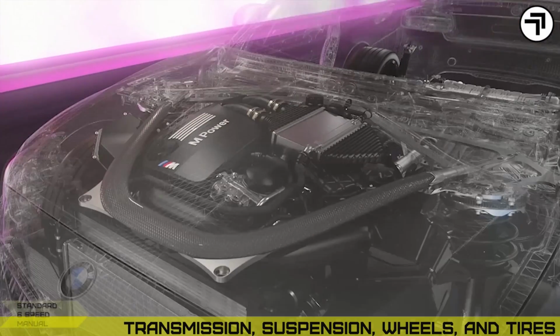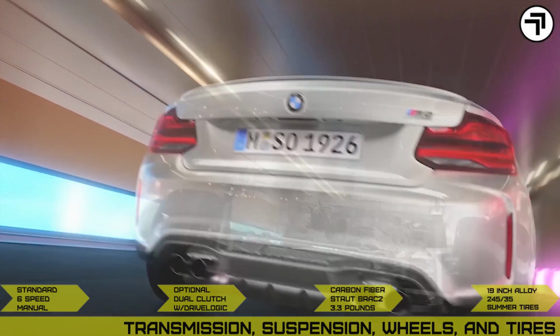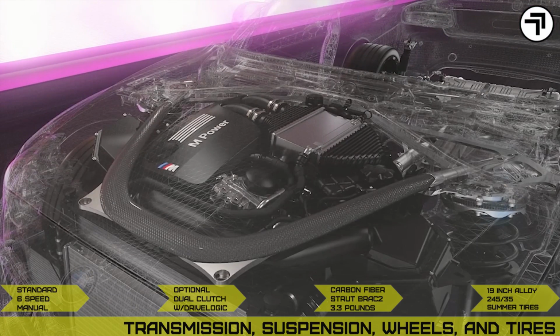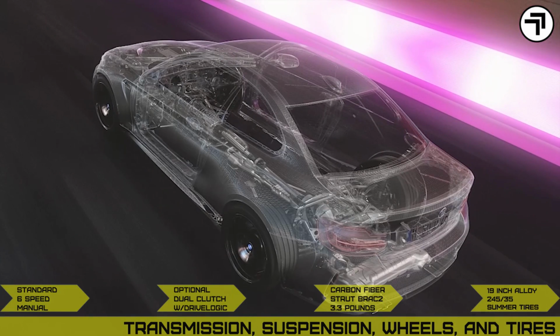Let's talk trannies. There's 2 options. There's the standard 6-speed manual and the optional M double clutch transmission with DriveLogic. DriveLogic includes several automatic modes, and it's also customizable to the driver. The standard 6-speed is going to be a lot more fun, but that optional M double clutch transmission is actually